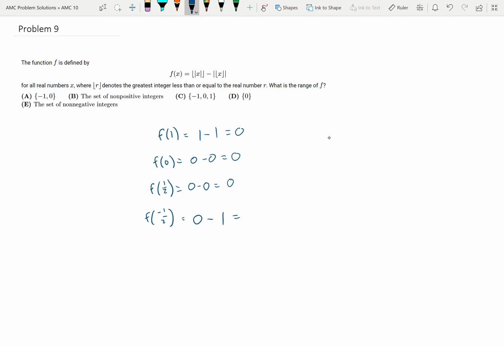So 0 minus 1, that's negative 1. And just to check another negative value, I'm going to see that this becomes 1 minus 1, which is 0 again. So something interesting is happening whenever you're plugging in a negative